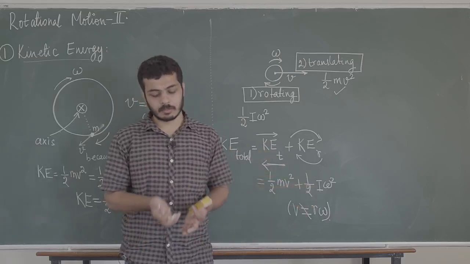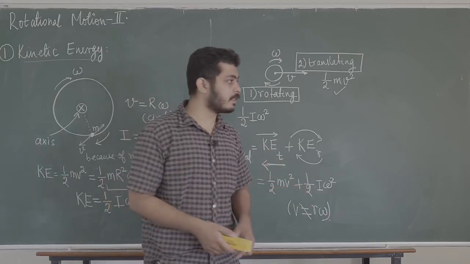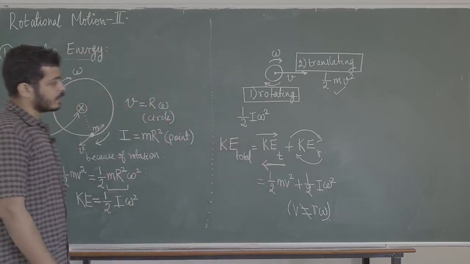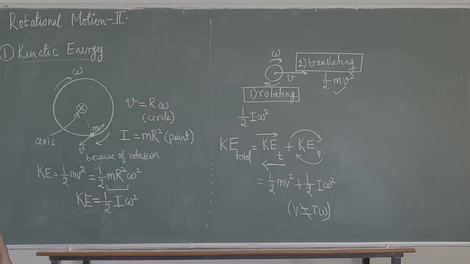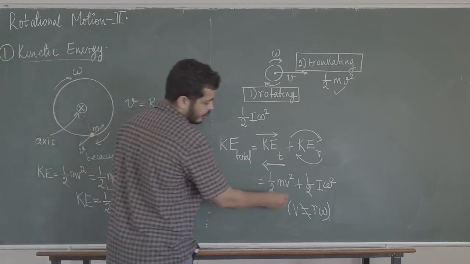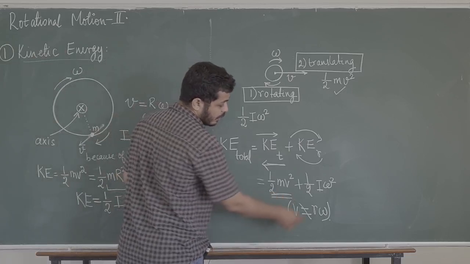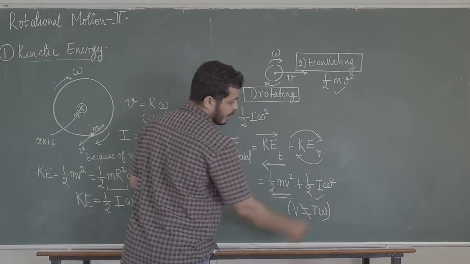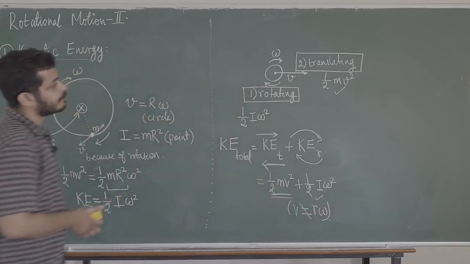We will do some problems based on this. Right now we are not doing anything. I just wanted to show you that this is the kinetic energy. So when we solve problems using work power energy, we'll use this as the kinetic energy. So far we have only solved problems using half mv square. This is the only thing we have done. Now this is the new thing that we will be adding, half I omega square.